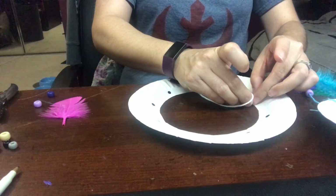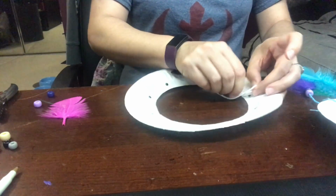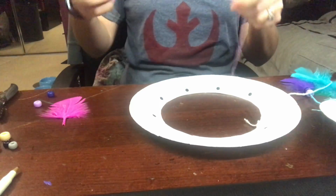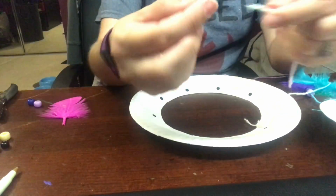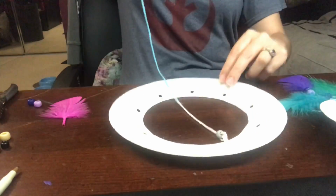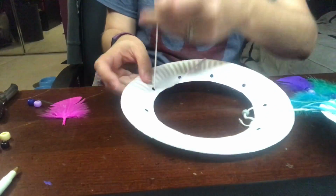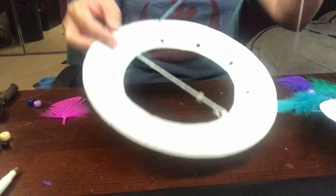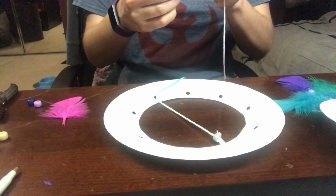I didn't want to make too big of a knot because then it'll come undone. If you use string, it might not unravel like the yarn is unraveling. Okay, for this, I'm going to take my string and put a bead on it. So I'll take one of my beads and put it down, and then I'm going to decide which hole I'm going to go through, and I'm going to go under so the string comes back up towards me. Then I'm going to pull it so it's tight, but not so tight that it bends the plate. Then, if you want to do another bead, you can put it on,